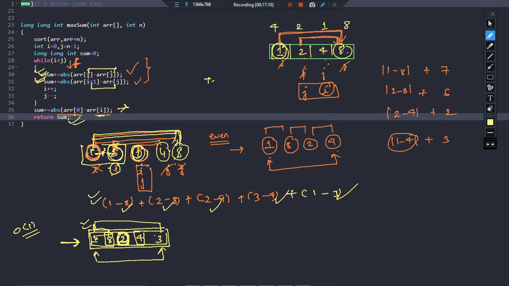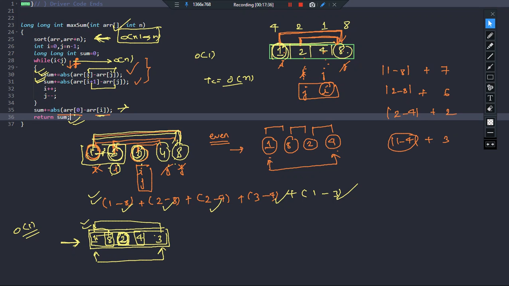So time complexity of this is basically order of n, because you can see we are just traversing the entire linked list, isn't it? Sorry, not order of n. One thing to be noted, we are actually sorting here, and sorting will be taking order of n log n, and here we are traversing order of n times, but the dominating factor is order of n log n. So overall time complexity will be decided by this, and space complexity is obviously constant, right? So let us just quickly execute this particular problem.